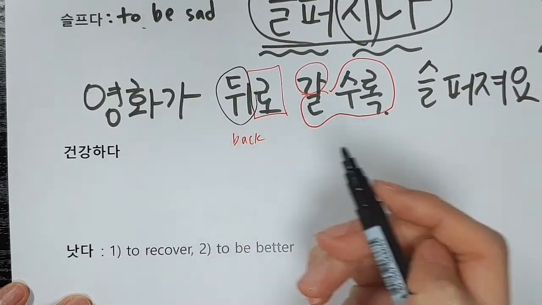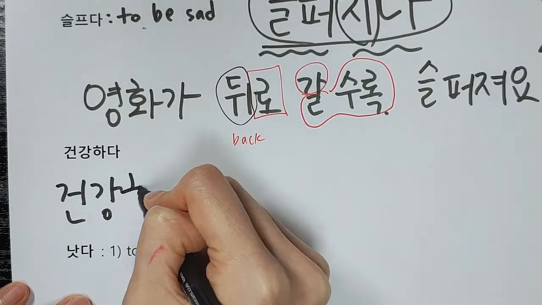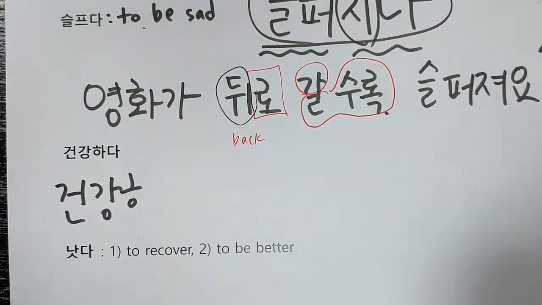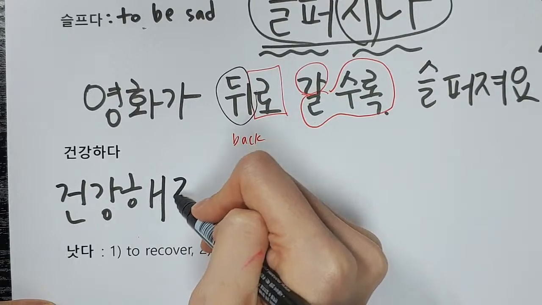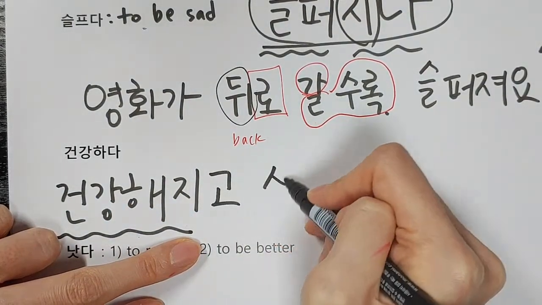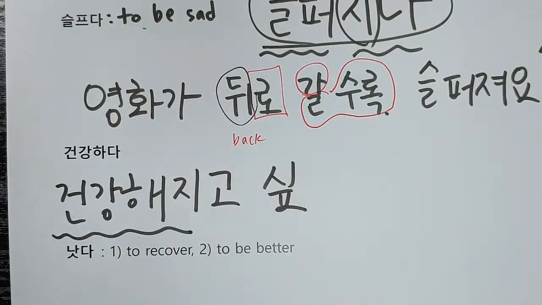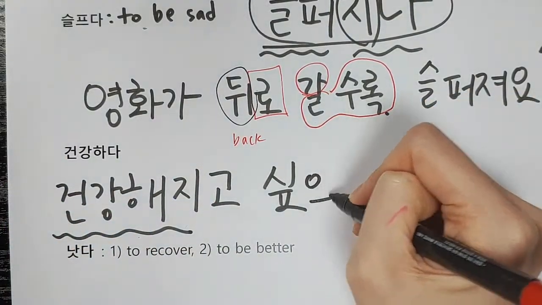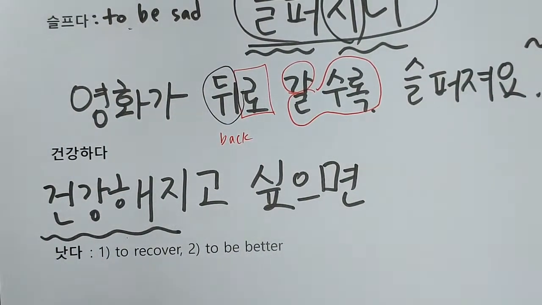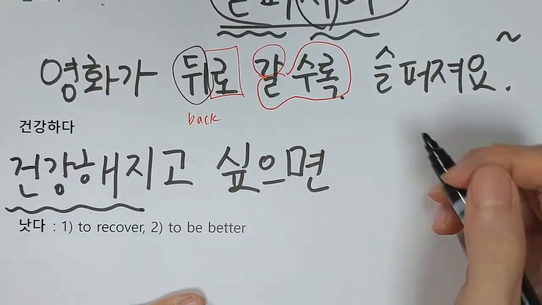So if you want to be healthy, healthy should come first, right? 건강하다. To become healthy would be 건강해지다, right? So 건강해지, the verb stem, and 고 싶다 would mean to want to become healthy. So 건강해지고 싶으면, if you want to become healthy, you're not healthy, but if you want to become healthy, you can